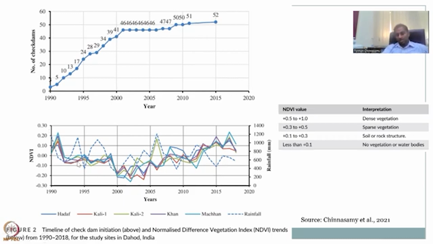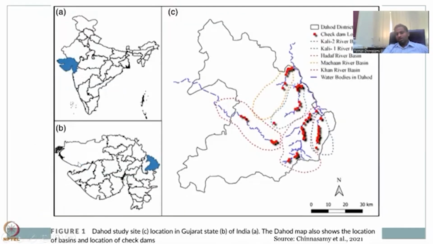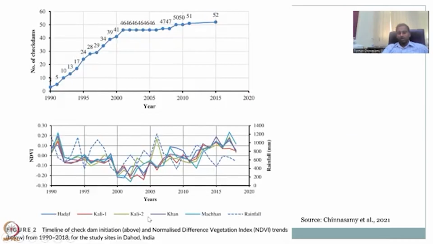All these are the different check dam basins that we saw here. So these are basins 1, 2, 3, 4, 5, plus rainfall. Rainfall is read on the right-hand axis, while all the others have NDVI on the left axis. So you can see that the dashed line, rainfall, ranges between 400 and 1200, which is the peak year, but normally the rainfall level comes up around 800 and 600. And what happens here is